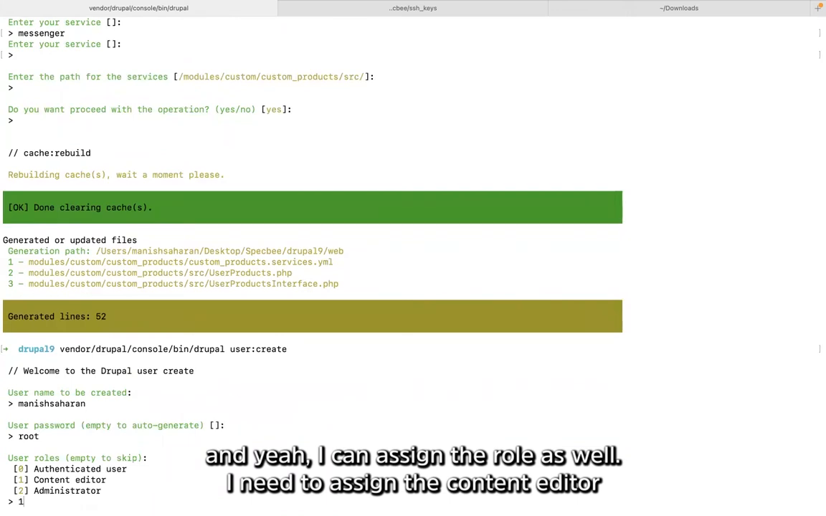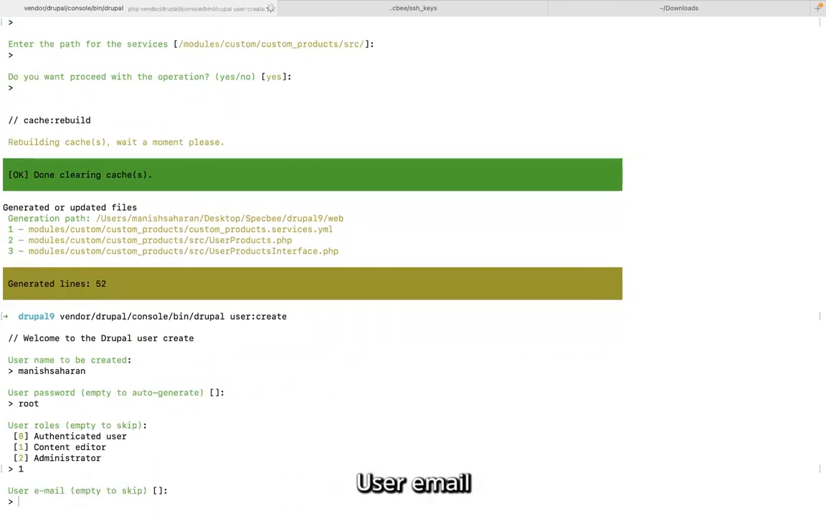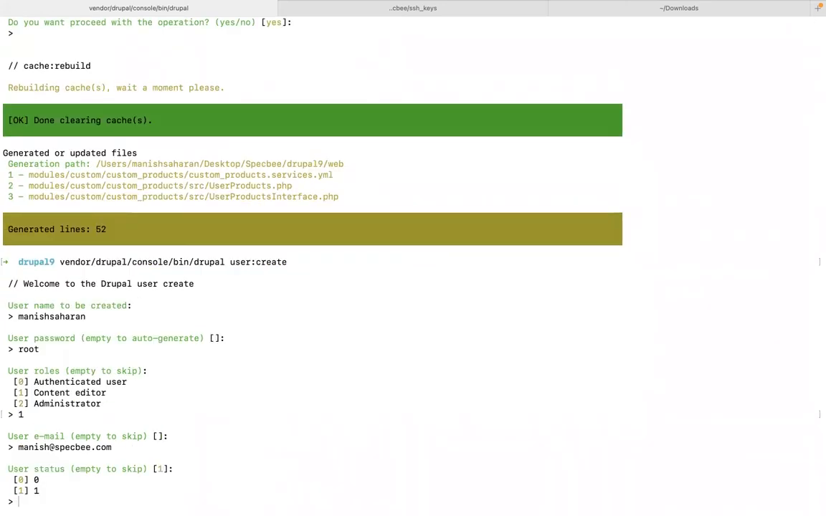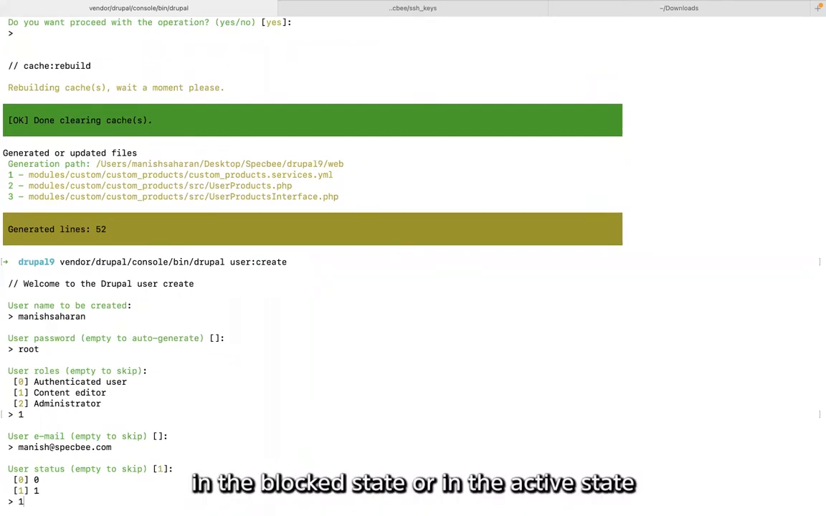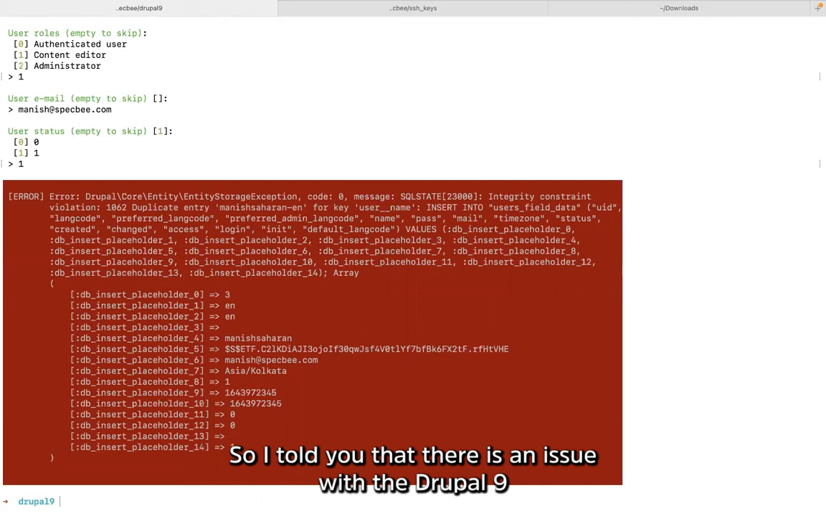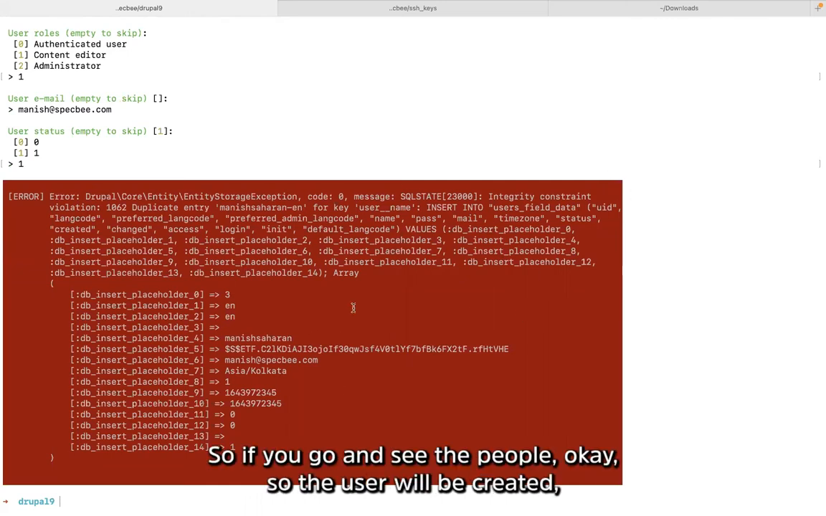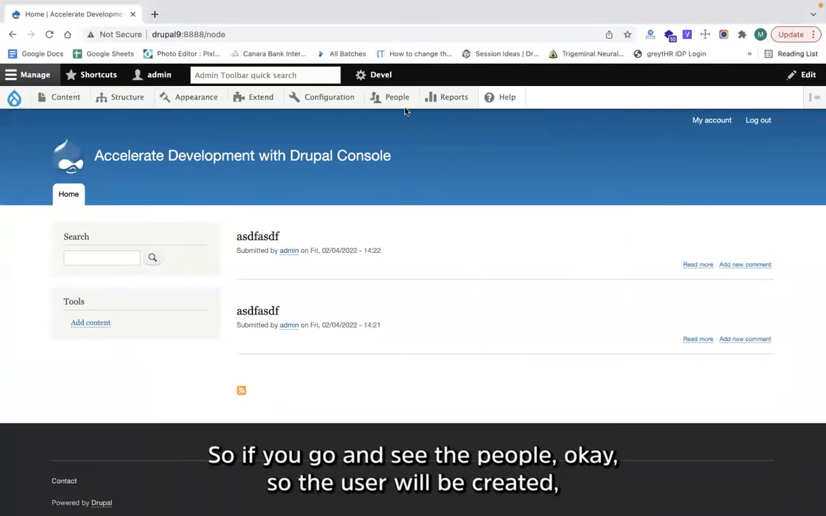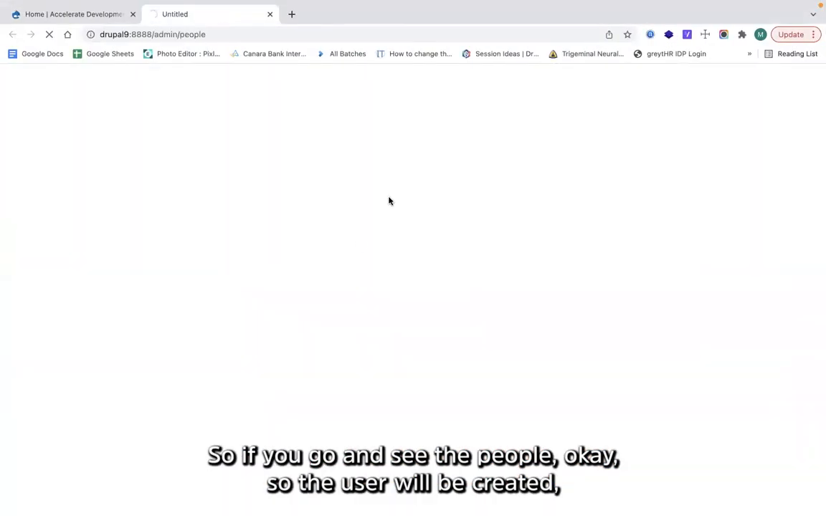I need to assign content editor. Okay, the user email, I can enter my email, that is specbee.com. And again, the user status, whether you want the user to be in a blocked state or in the active state. And there, storage expansion. So I told you that there is an issue with Drupal 9. So here is that. If you go and see the people, the user will be created, but